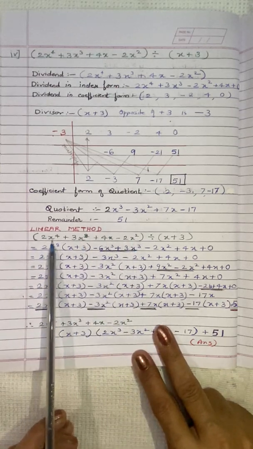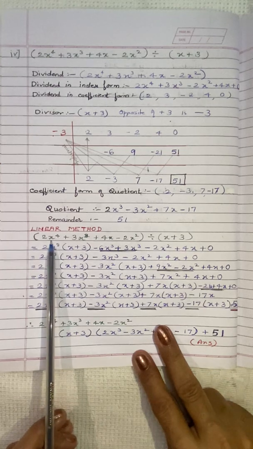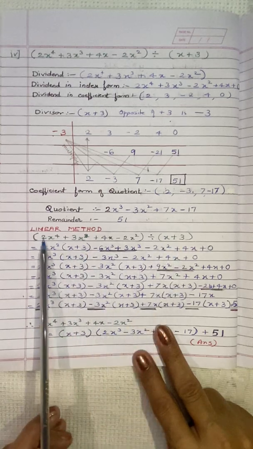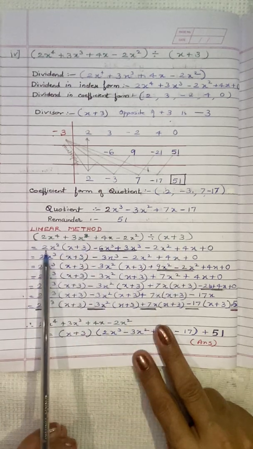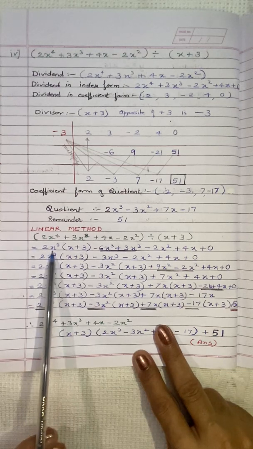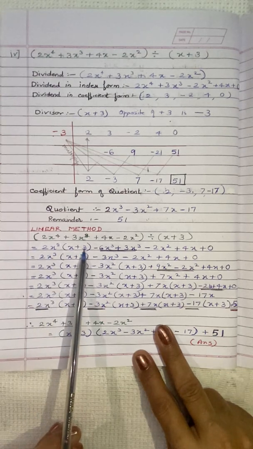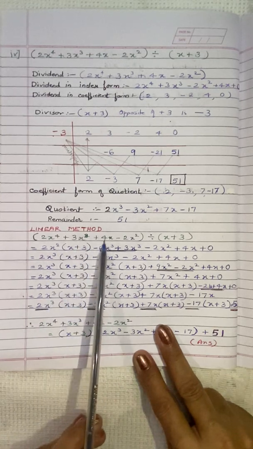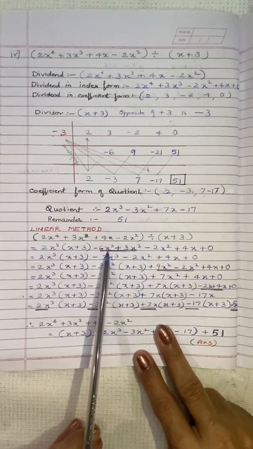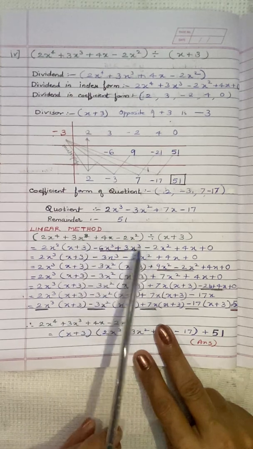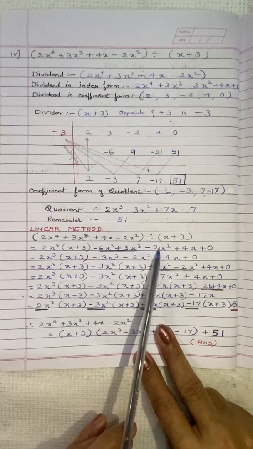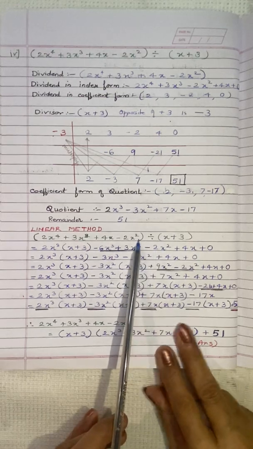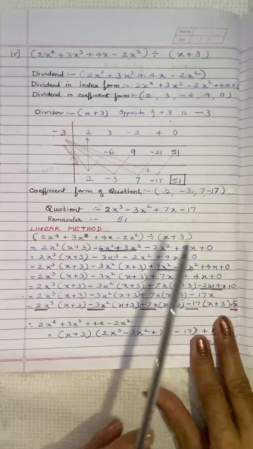So we will split this x raised to 4 into x cube into x. So that x will be replaced by x plus 3. So 2x cube into x plus 3, we will multiply this 2x cube by 3. So we get positive 6x cube. We will change it to negative 6x cube, and the rest of the terms we will copy as it is, that is 3x cube, minus, we can arrange also, minus 2x square plus 4x, and the constant term is not there, so we can write it as 0.